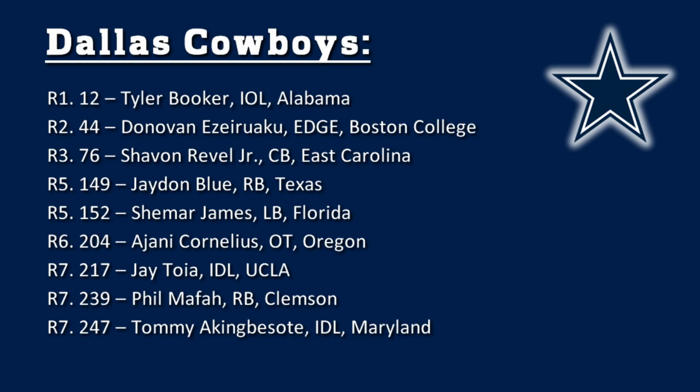3 more 7th rounders, which I'll try to be quicker on. First with Jay Toia, the UCLA D tackle, brings that wide, chunky build with plenty of junk in the trunk, but regularly was first off the ball and arrived on the other side of the neutral zone with some violence, excels at dropping his knee and anchoring against double teams, brings a whopping initial club to turn the upper body of pass protectors inside,